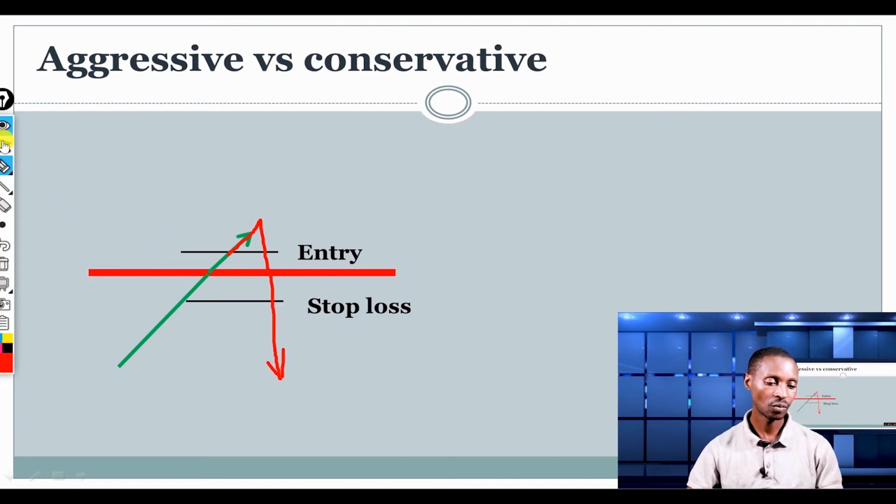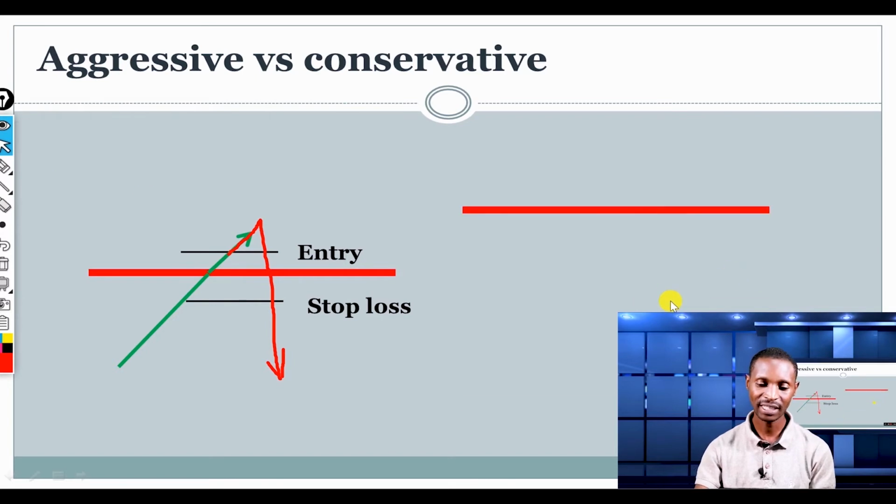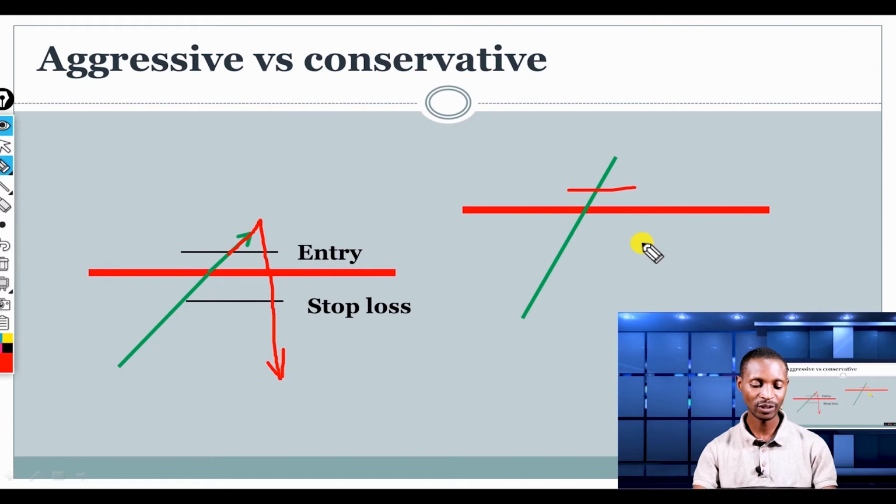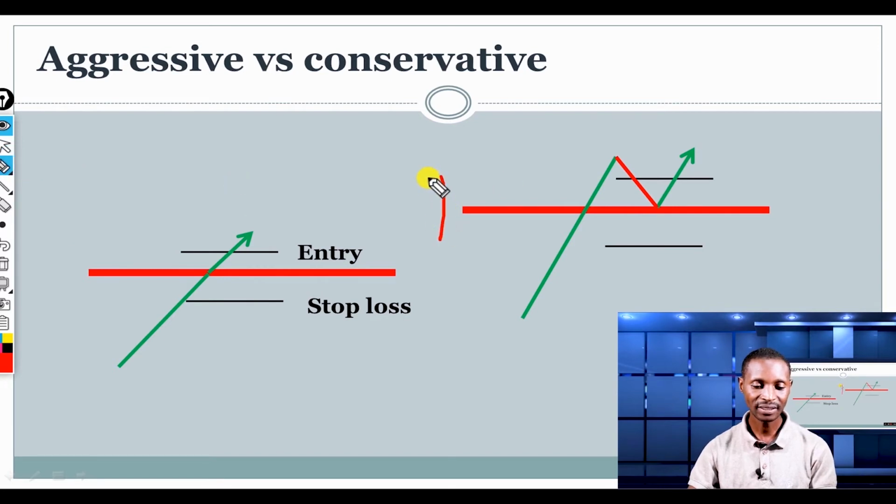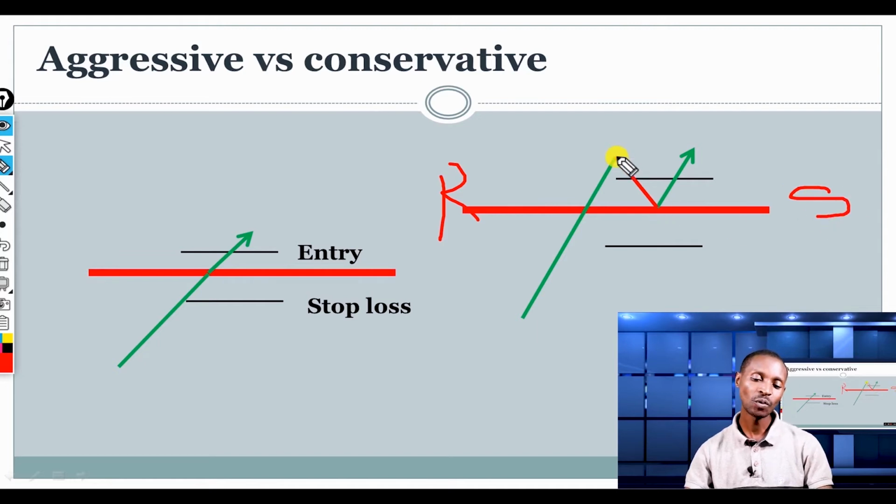For the conservative way, as I said, it is the opposite. You will need to be a little bit more patient. For this one, let's say you have the same resistance here, and the price breaks through this resistance. So instead of entering directly after the price breaks above this resistance, you will wait for the market to retest the broken resistance here, because we have seen that once the resistance is broken, it has a tendency to turn into support, and once after it